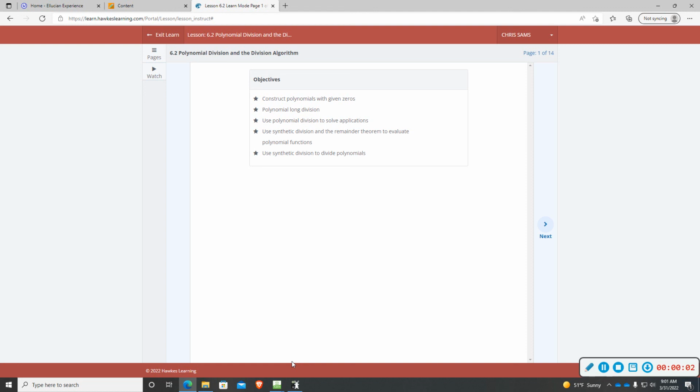All right, today we're going to be looking at section 6.2, polynomial division and the division algorithm. The objectives are to construct polynomials with given zeros, and use polynomial long division to solve applications. We're going to use synthetic division and the remainder theorem to evaluate polynomial functions, and then use synthetic division to divide polynomials. Majority of this, we're going to be using polynomial division, either synthetic or long division, to solve most of these